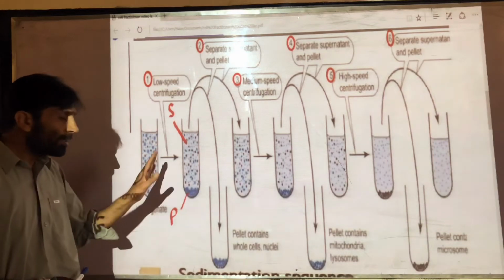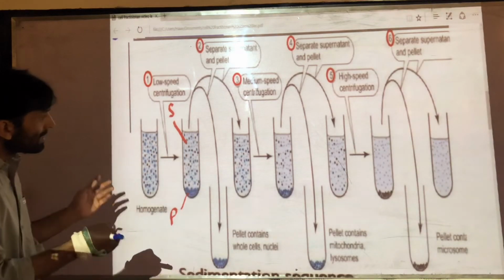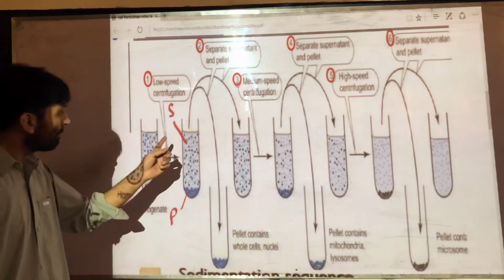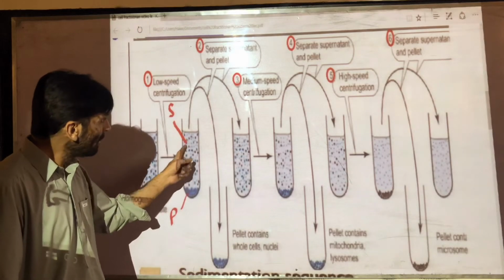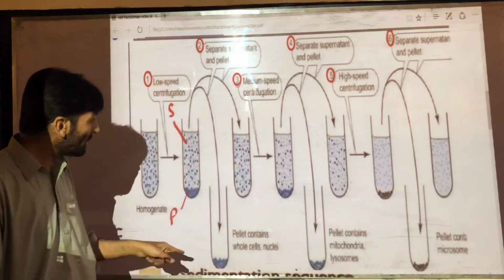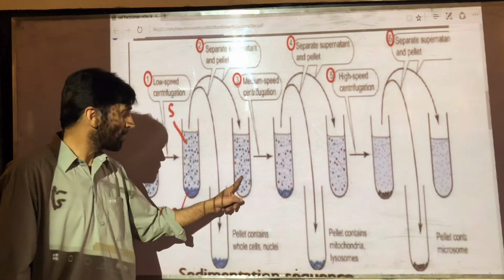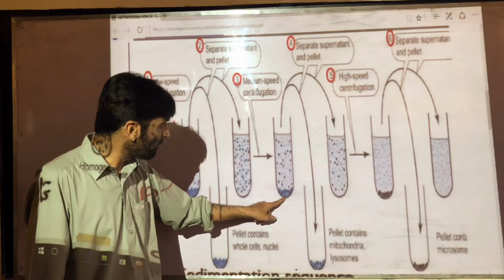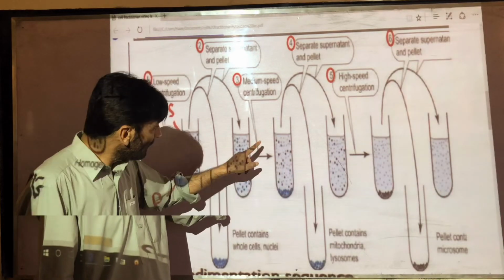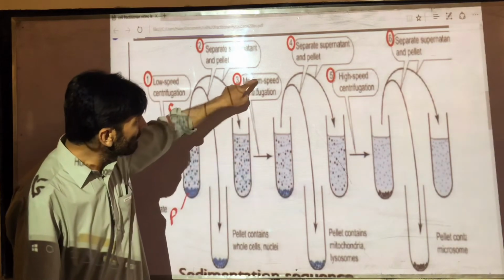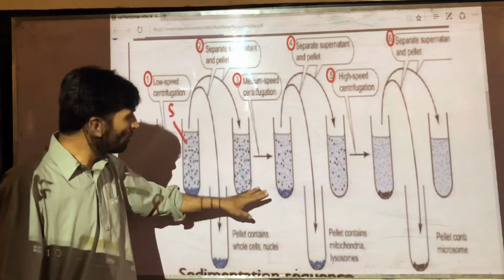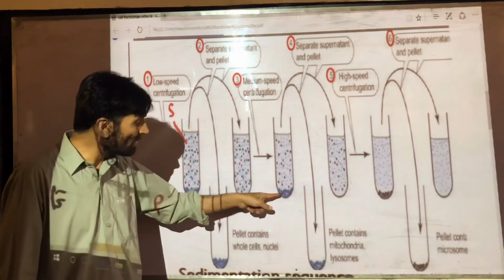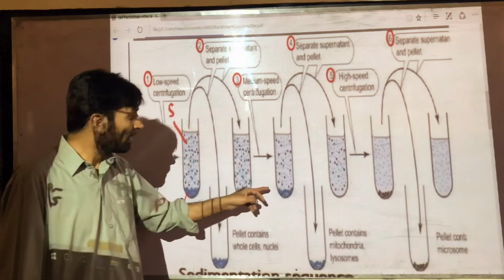Now, if we continue the process to separate the other particles which are smaller than these, then we will shift the supernatant into another empty tube and then repeat the process in centrifuge, and we will find another pellet in this tube and supernatant. In this case we used medium speed to separate particles which are smaller than nucleus. For example, here we will usually find the mitochondria,